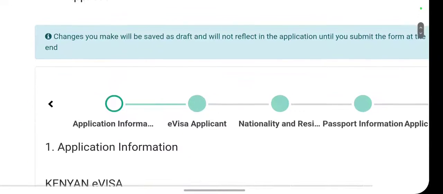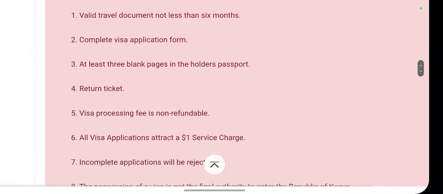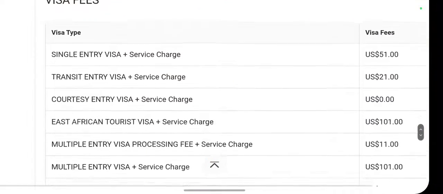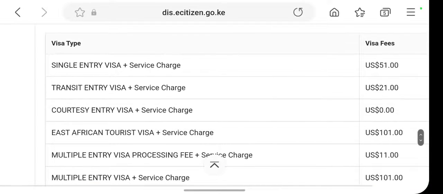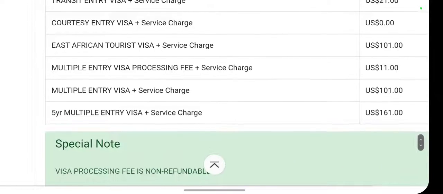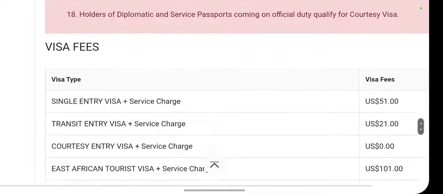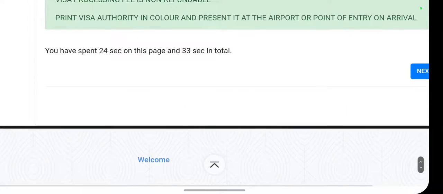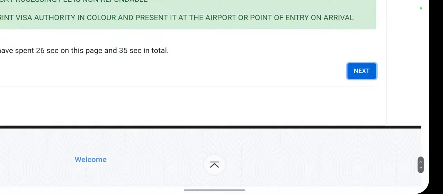All right, so on this page they have given the application information. Basically on the first page they have provided terms, conditions, and fee. You can check what fee they are asking. So for a typical single entry visa, the fee is $51 US dollars. So if I click on next,